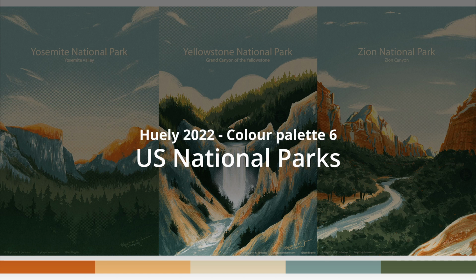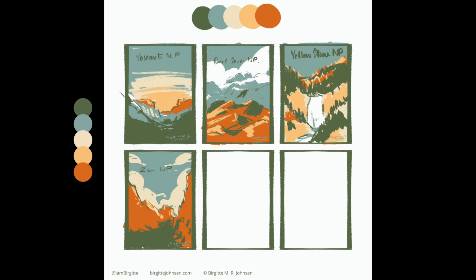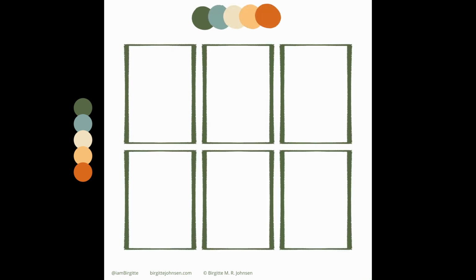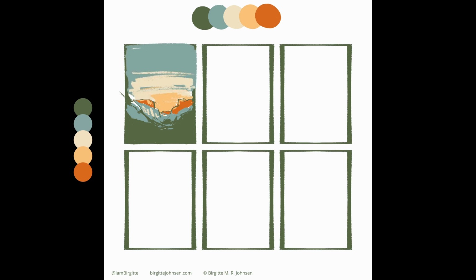For the sixth colour palette of July 2022, I chose to focus on US national parks. In case you don't know, July is a limited colour palette art challenge that I've been running during the month of July since 2018. The aim of the challenge is to create imagery using no more than 5 colours, though black and white can also be used. It's also possible to blend the colours and use things like blending modes and transparencies.